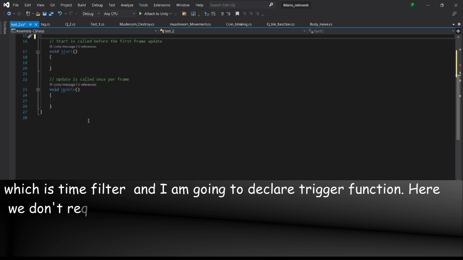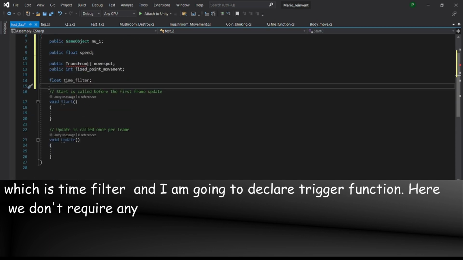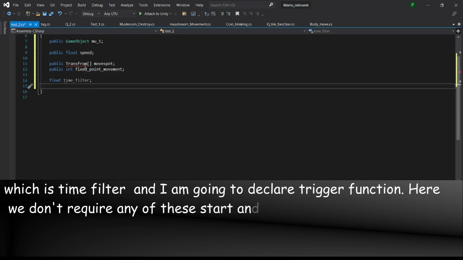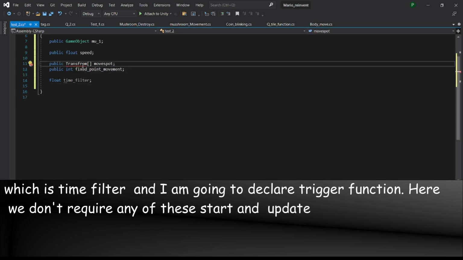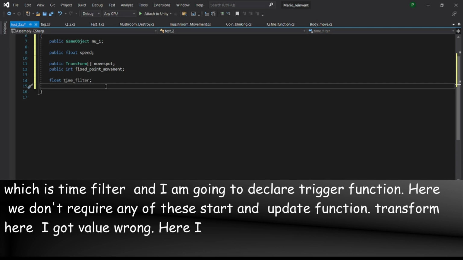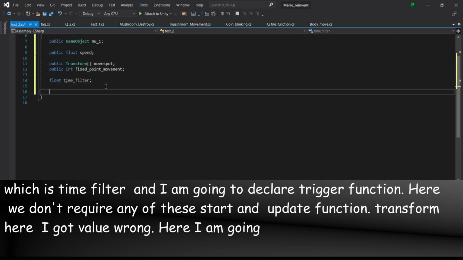Now I'm going to trigger the function. Here we don't require any of these Start and Update functions. Transform, here I got the spelling of Transform wrong. Now Start. Here I'm going to declare a trigger function.